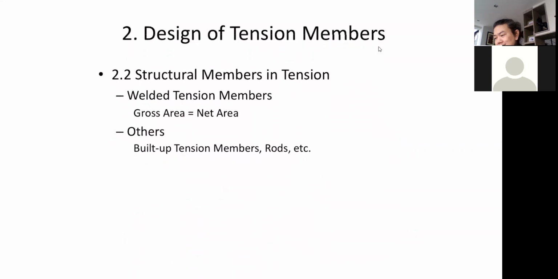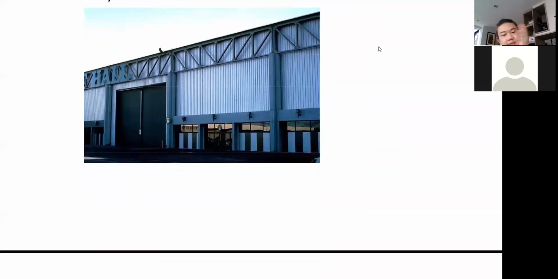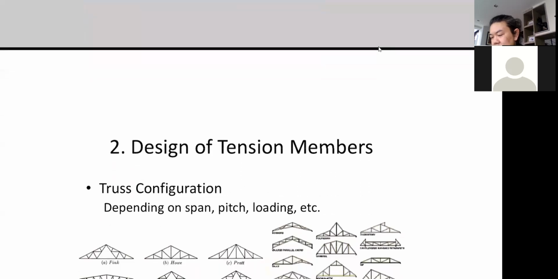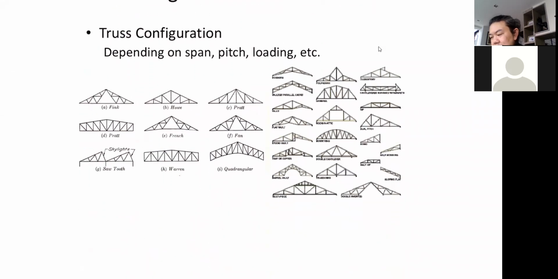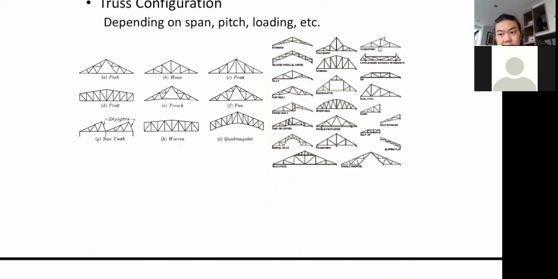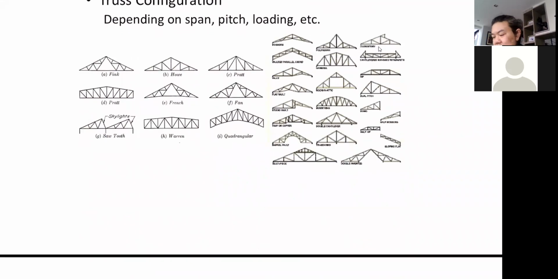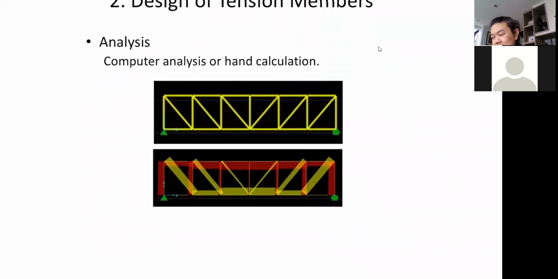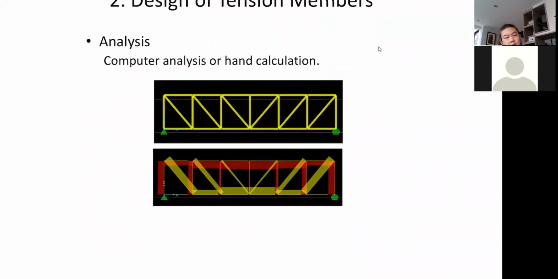So, okay, that's it. It's just quite a few things because generally what you will find yourself dealing with for tension members is the design of the truss. And we have mentioned a little bit that you have so many configurations that you can choose to design the truss. But, you know, it has the effect. Let's consider this one. Okay. You know that the top and the bottom chords will handle bending moment. So if you put this truss into the analysis, you will see that as a result,